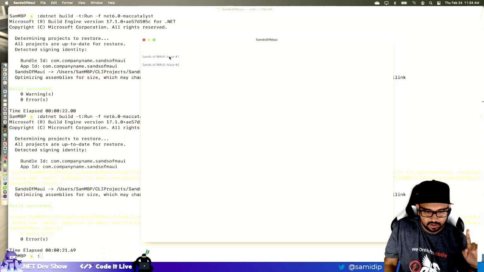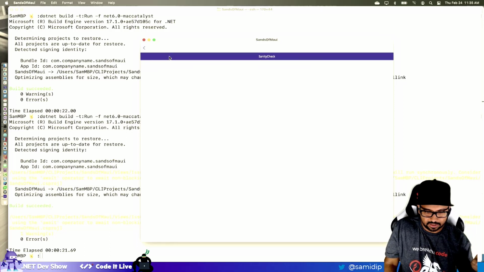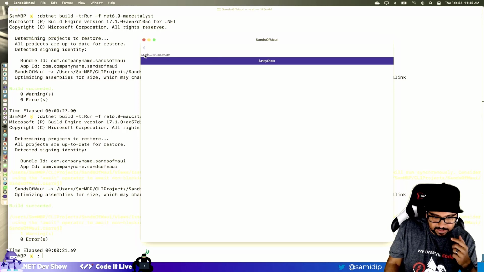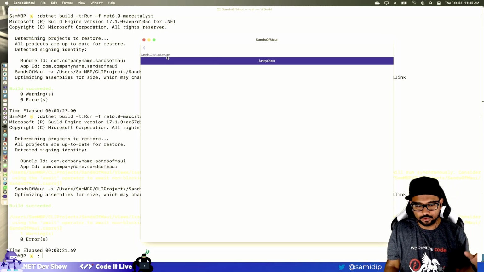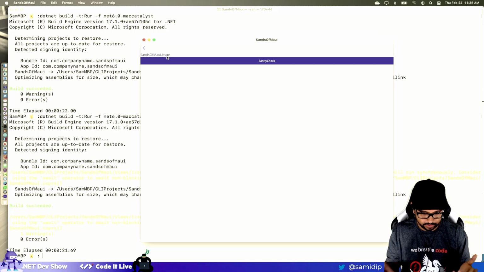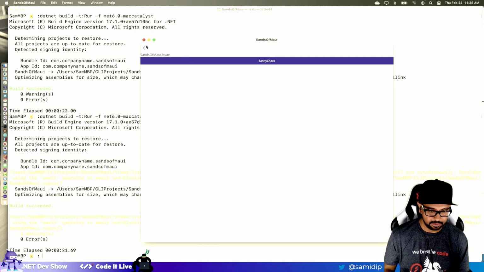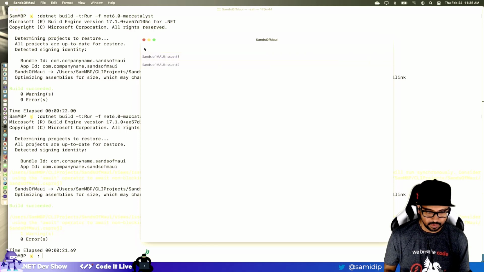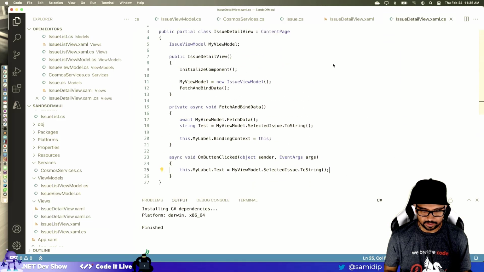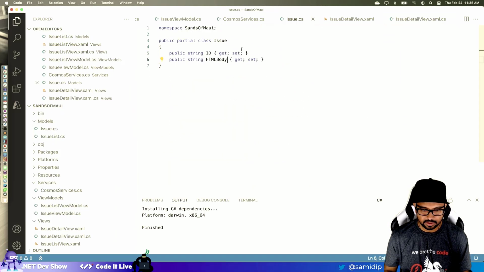Okay, here we go. We are on issue 1. Tap on that. Oh, there's my button. Sanity check, right? Oh. See, it is getting it back, but it's getting it as an issue, so it's not able to serialize and flatten it. Okay. At least we're getting something, right? Okay. So I think the problem is this, because it just doesn't know what to do with this.